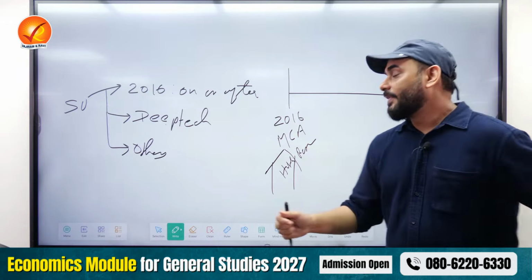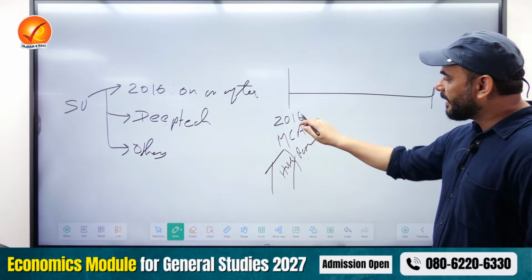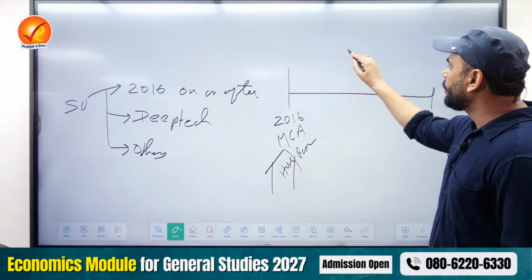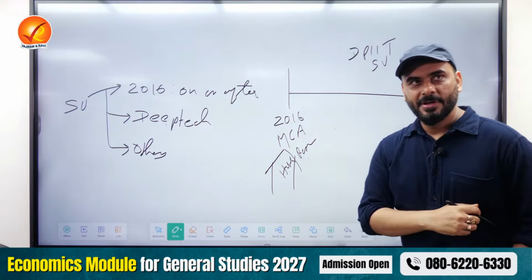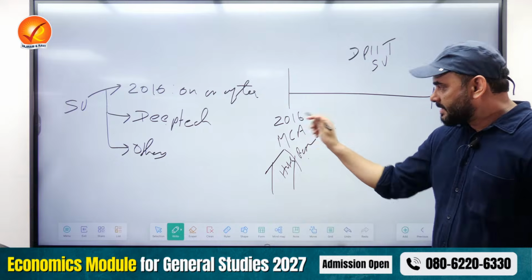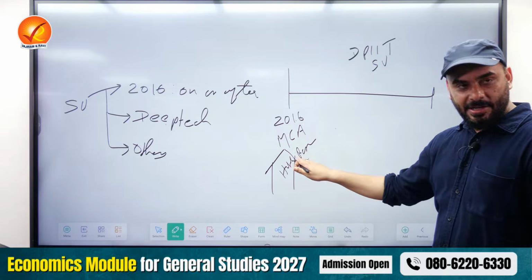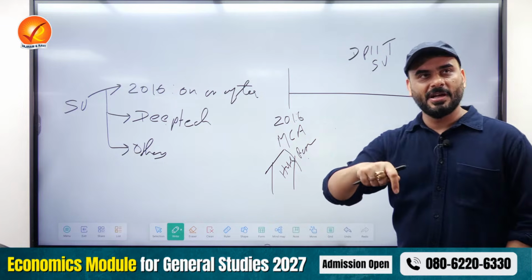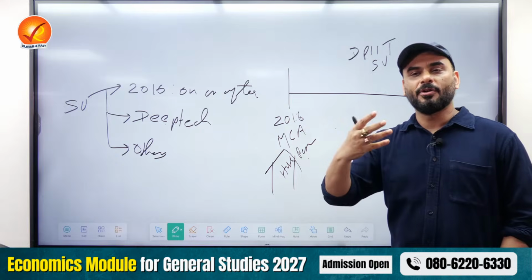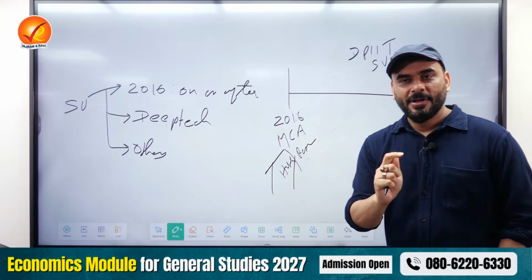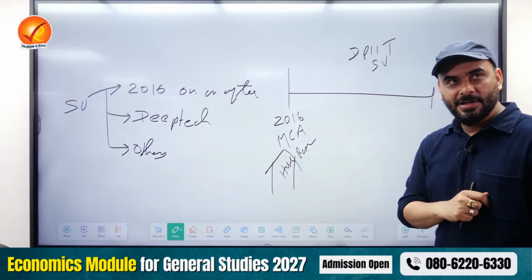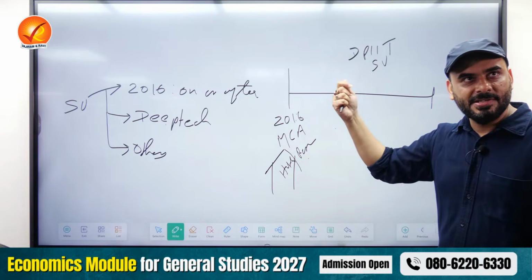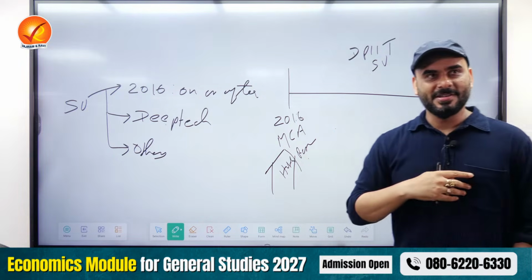So what does the government of India do? Now the government of India is saying, if you ever need me, please approach DPIIT and file an application so that you can become a startup. So this deep tech company may decide that from the first year itself, I want to take help, or it can also decide later on that I'll take help. So what is the duration given to this company from 2016, during which it can approach the government and say, government, I am ready to be a startup, please help?